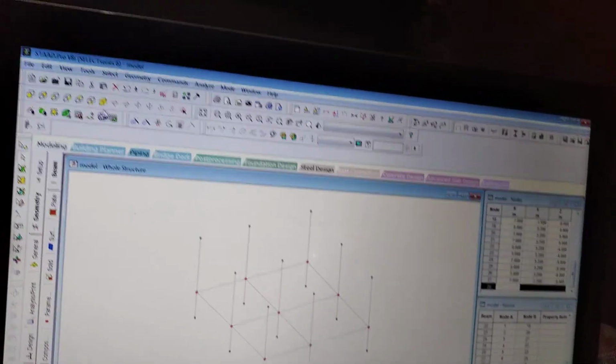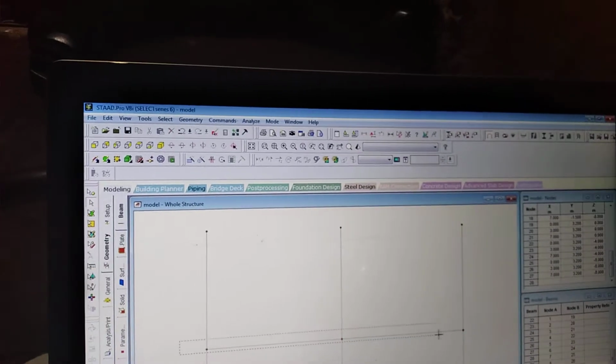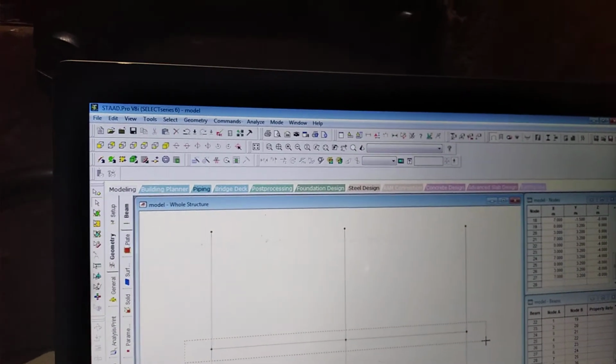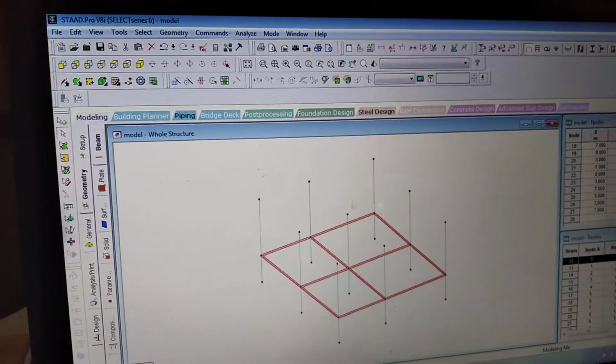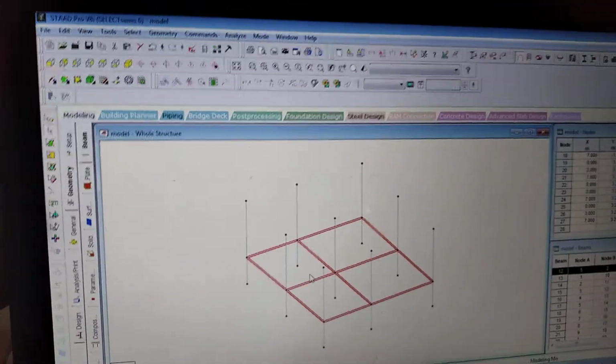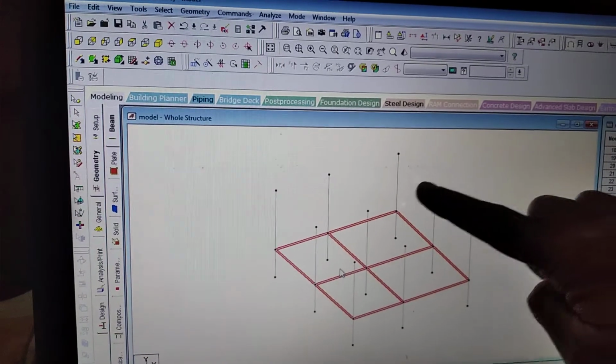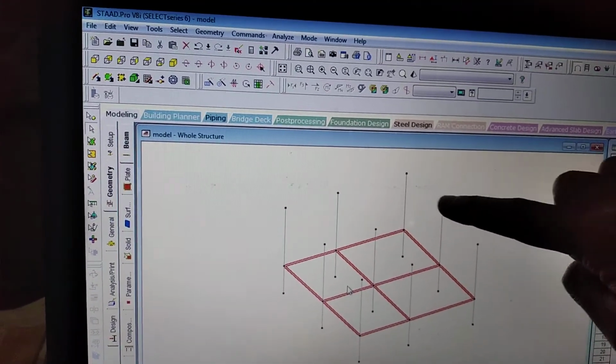So what I will do further, I will select the beam, okay, drag it and select it. See here, isometric view selection. I want this pattern into the ground floor slab portion.